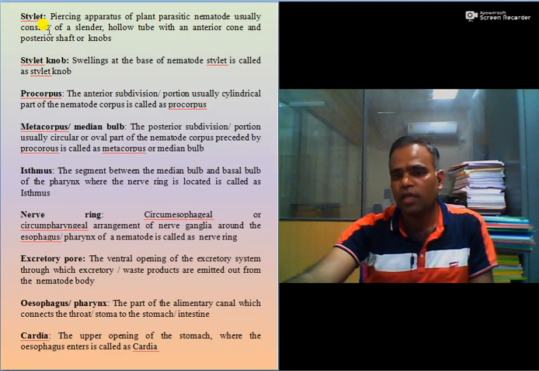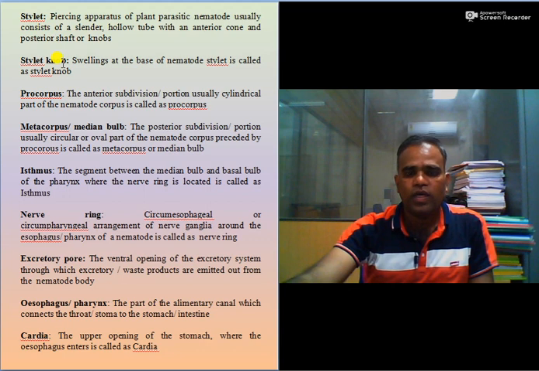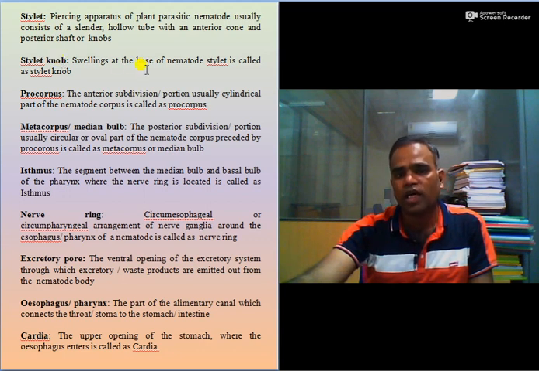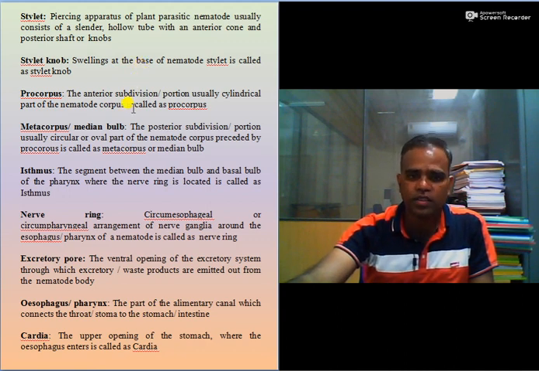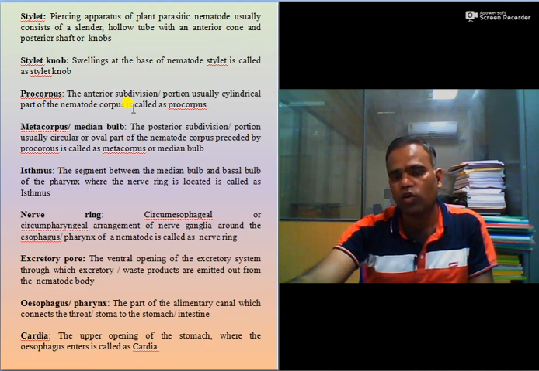It is nothing but the piercing apparatus of the plant parasitic nematode, which usually consists of a slender hollow tube with an anterior cone and a posterior shaft or knobs. What is a stylet knob? A swelling at the base of the nematode stylet is called the stylet knob. Then the procorpus, the anterior, usually cylindrical portion of the nematode corpus. Metacorpus or median bulb, the posterior, usually circular or oval portion of the corpus, preceded by the procorpus,